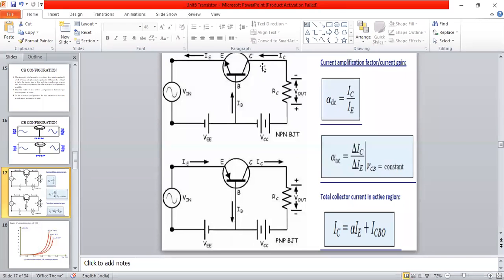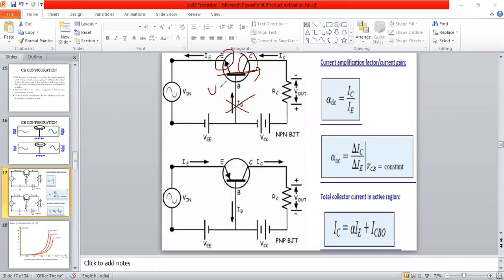The collector should be reverse biased here. So here N is there, the positive supply is given to the collector and negative supply is given to the base. Just think that this connection was not there. What will happen when you apply the supply with negative to the emitter and positive to the collector? One junction will be reverse biased and the other forward biased, and they will cancel each other. So it will not come under the conduction mode at all.